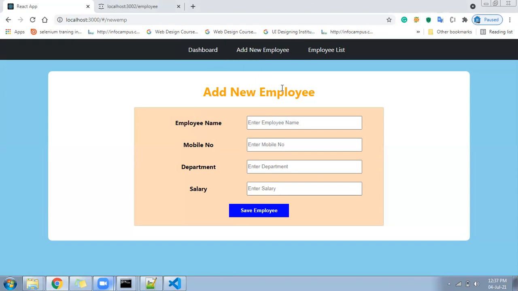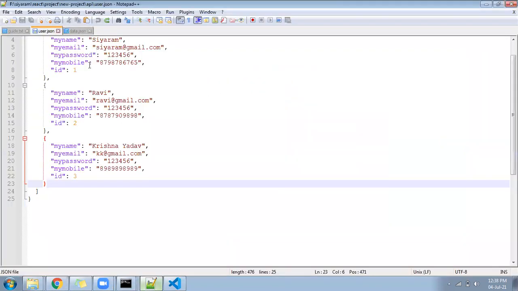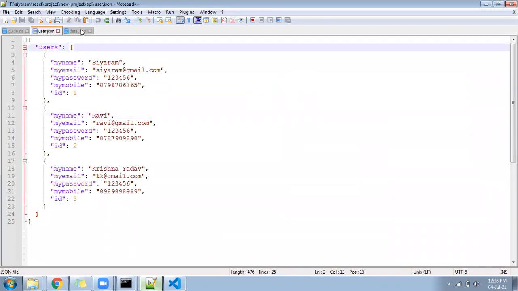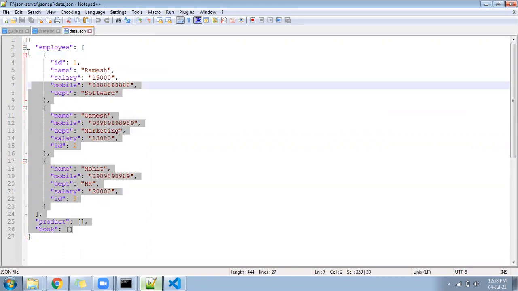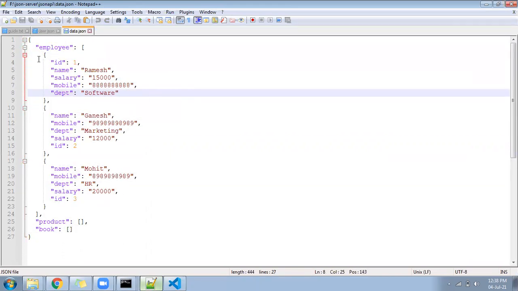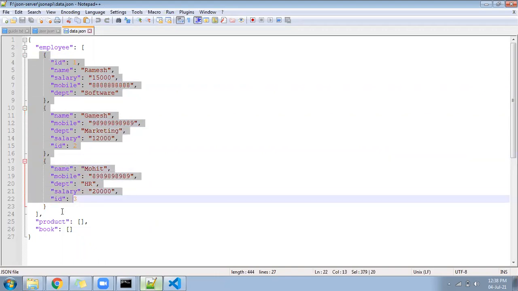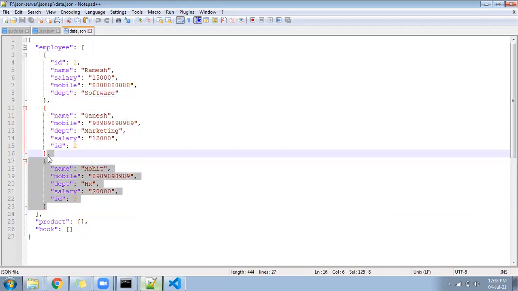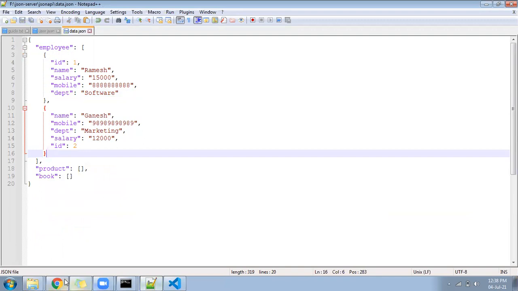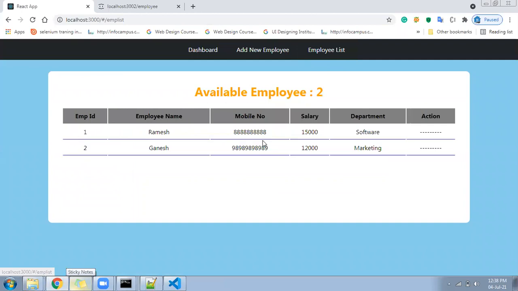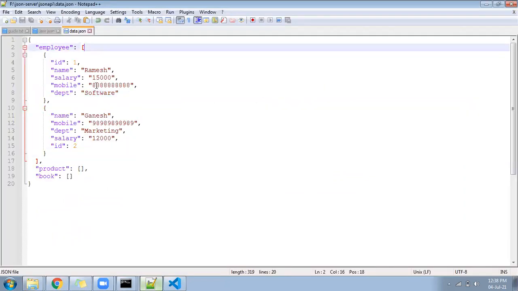This is my new employee page where we will fill in the data, and this data will go to this file. I have a user.json file, a data.json file, and under this data.json file we are going to store the data. As of now, I have 3 records. If I delete the last one, you can see it gets removed from my list, and on the list page a total of 2 is coming. So overall, we have data under the JSON file, and we are going to read it from the JSON file and display it. So let's see the demo first.